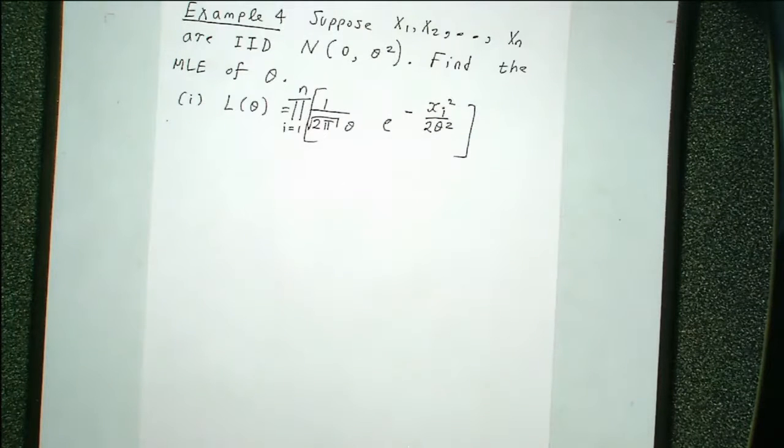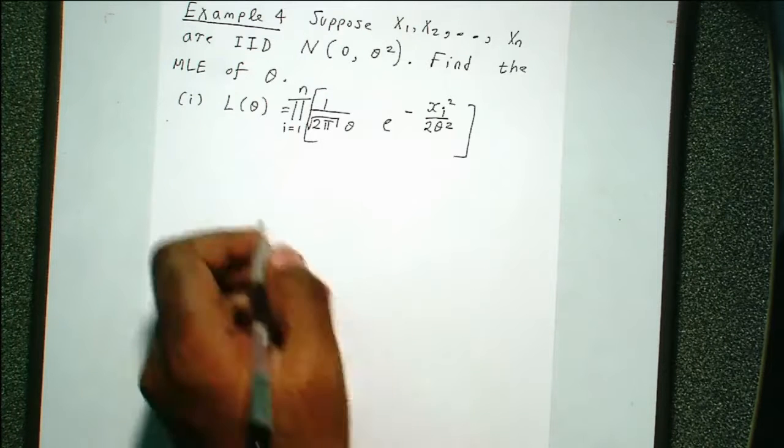So this is the density. You're taking the product of the density from 1 to n. So you do that, you get